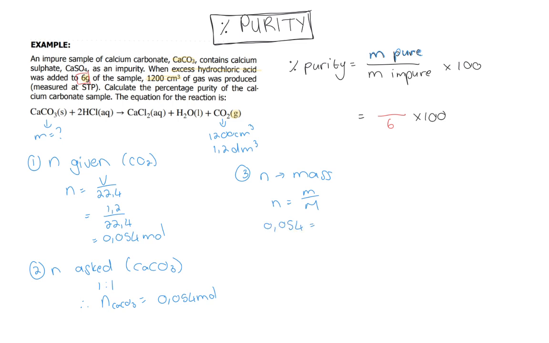0.054, the mass is what I want. The molar mass I can get off the periodic table. Remember, it's the mass of calcium plus a carbon plus 3 oxygens, which is 100. And then to get the mass, I just multiply those two and I get 5.4 grams. So that means that of my 6 grams, only 5.4 grams was pure